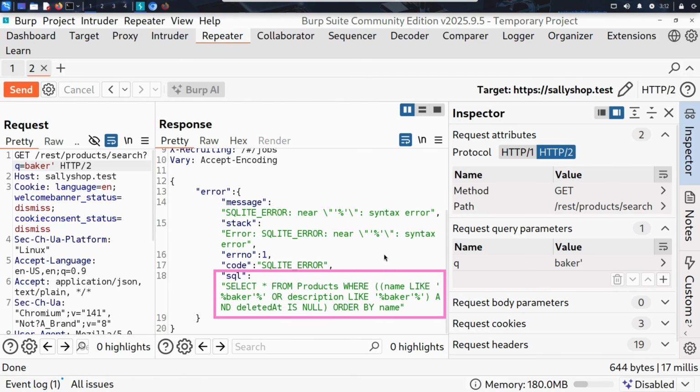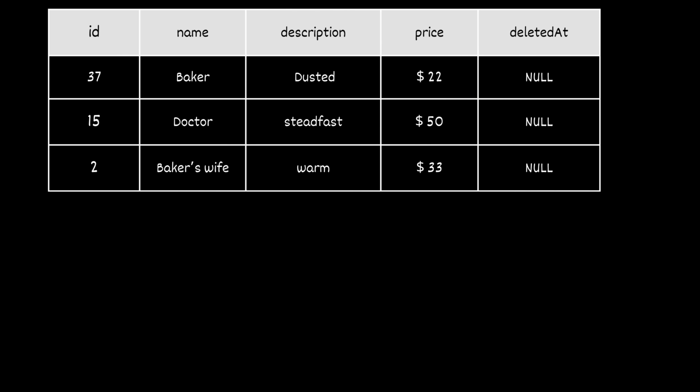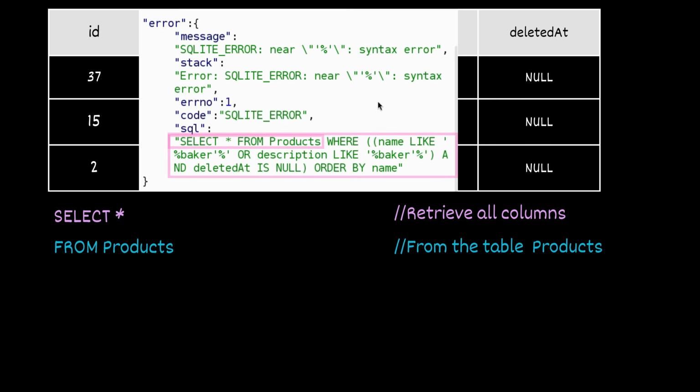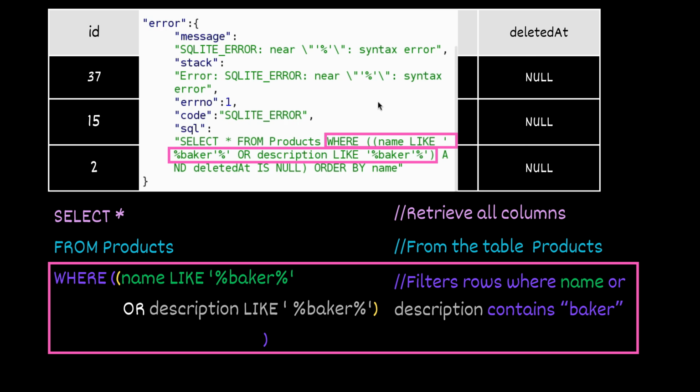Looking at the full SQL error, Kim can start to piece together how the application is querying the database, and more importantly, how the data is structured. The products table likely looks something like this. Each row represents a product, and each column is a field that could be displayed or exploited. The SQL statement found in the SQL error message was: SELECT * FROM Products WHERE ((name LIKE '%baker%' OR description LIKE '%baker%')